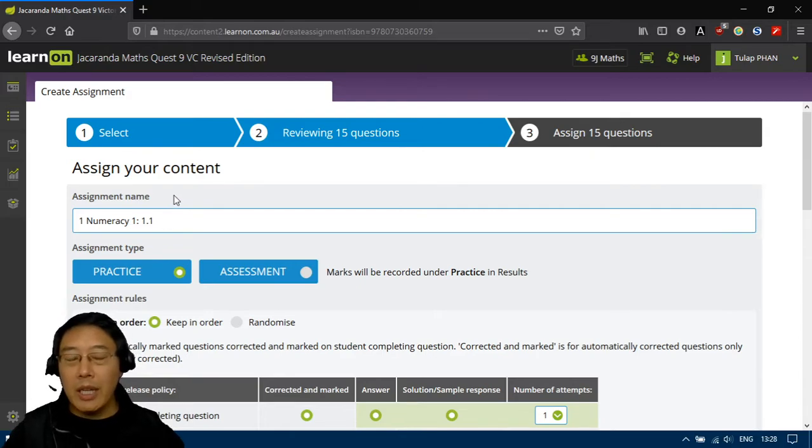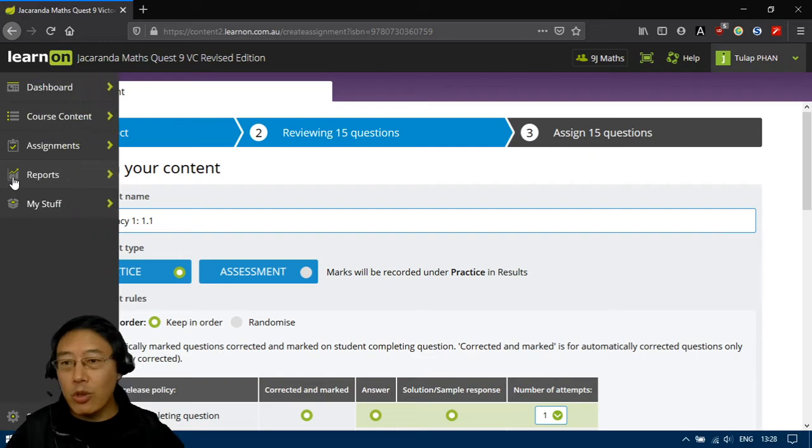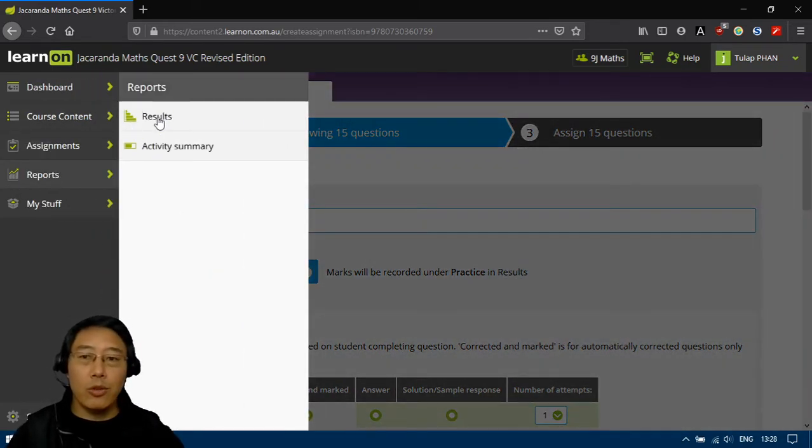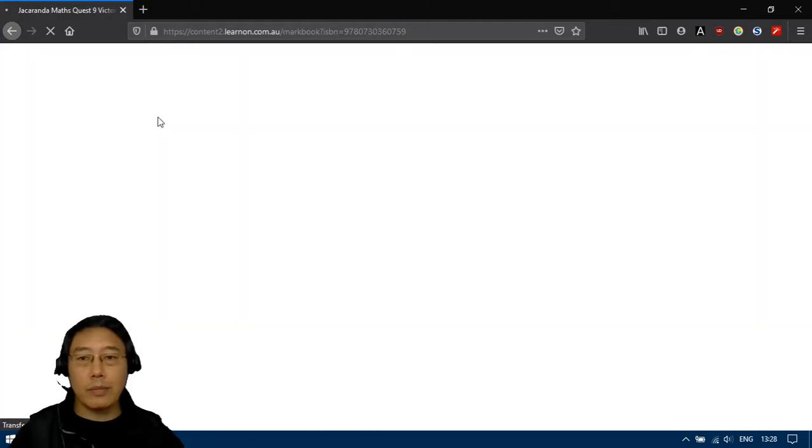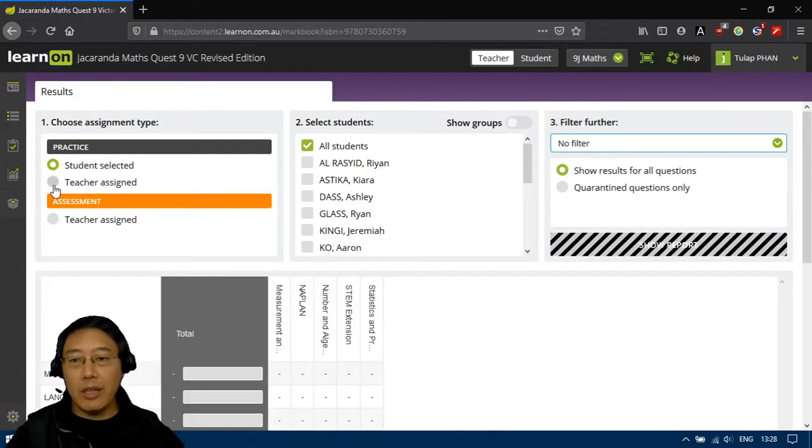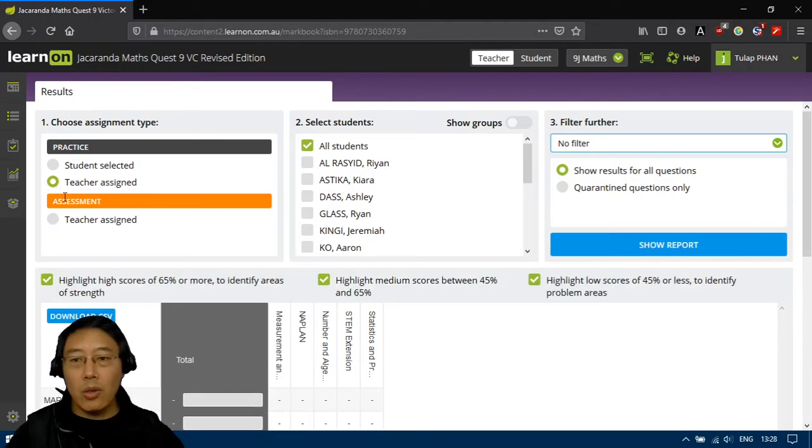One more thing. Let's say you have the task that is finished and you want to see the results. Then you will go to the reports, the results. You will select the teacher assign, if it's either a practice or assessment, and when you click show report, it will update the results down there with your